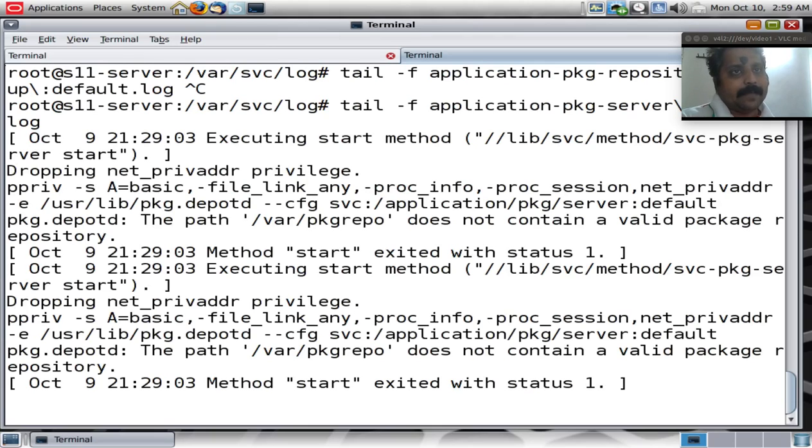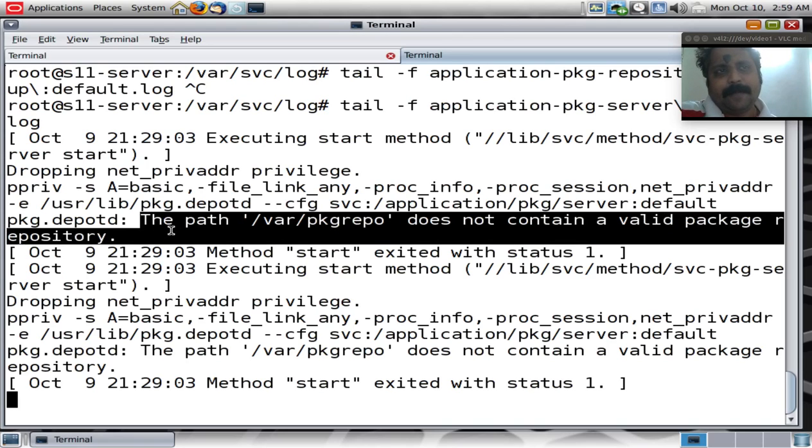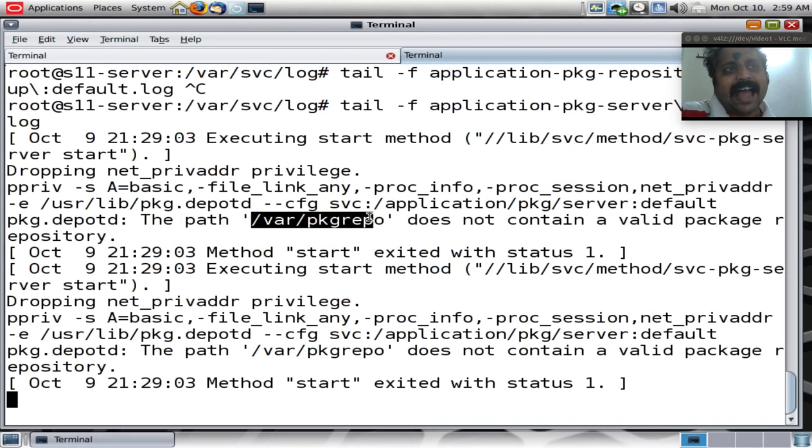It does give us information that says the service is trying to look for the packages under a directory called var pkg repo, and that directory does not contain any IPS packages. So by default, the pkg/server IPS repository attempts to look for the IPS packages under a directory called var pkg repo, which is not where our packages are located.